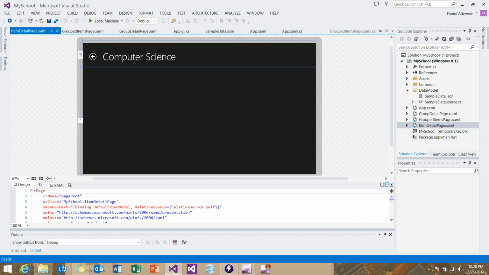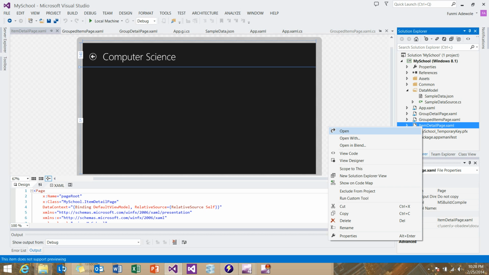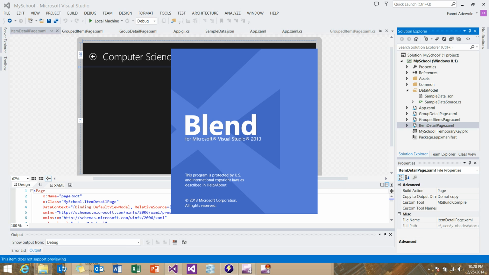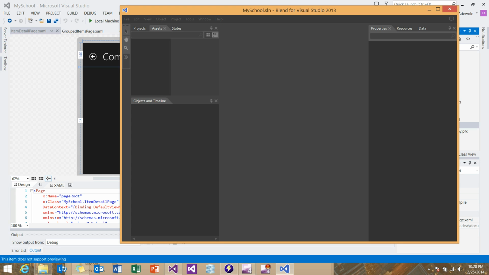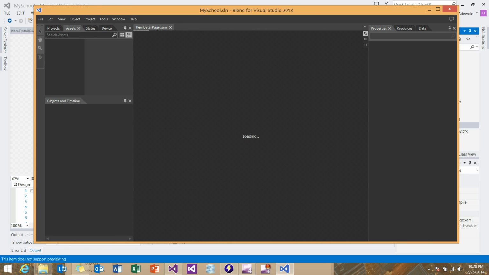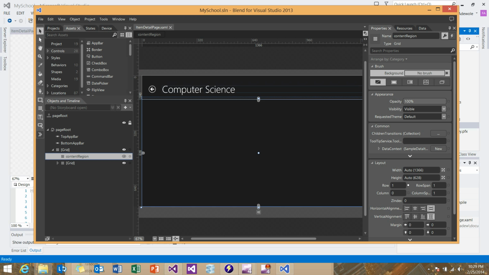Not literally. But okay, so we're going to open in Blend. Blend works as part of Visual Studio. If you look, it's Blend for Microsoft Visual Studio. So it works side by side. It opens this up, and what I love about Blend, it lets me drag and drop things. It's just fantastic. Okay, so it's opened up in Blend,